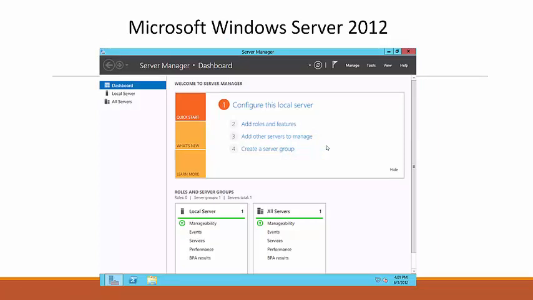The server version of Windows 8 was Windows Server 2012. And again, this is Windows 8 with server tools installed on it. Notice, again, no start button down here. They kept that model. Now, I don't know about you, but I don't plan on running a server on my tablet. So that's really the reason why Server 2008 is still out there. It's still kind of common because people did not want to go to this.